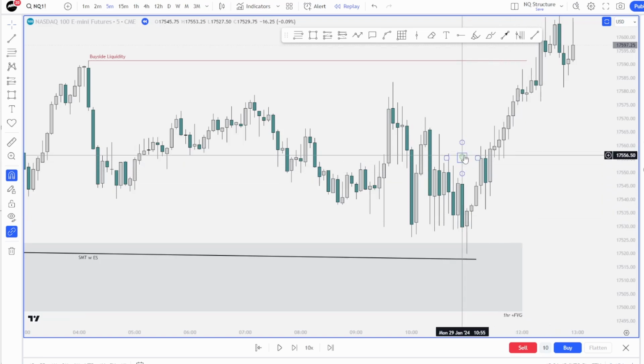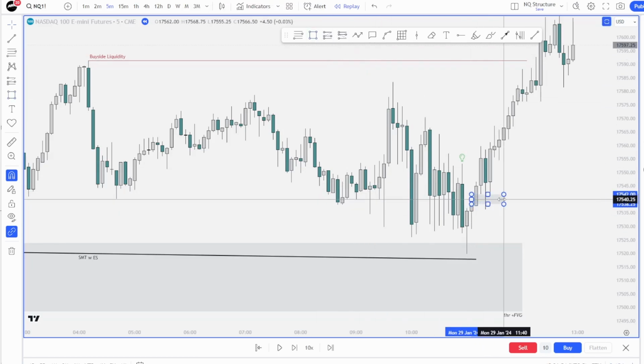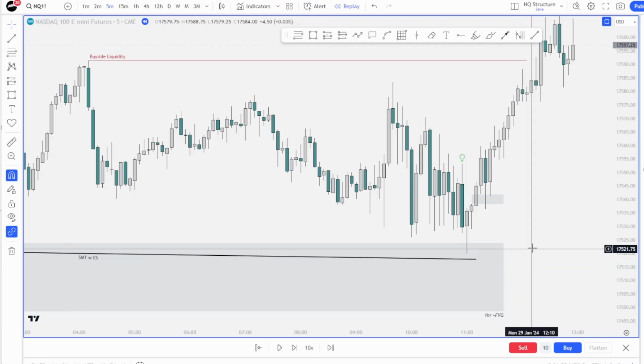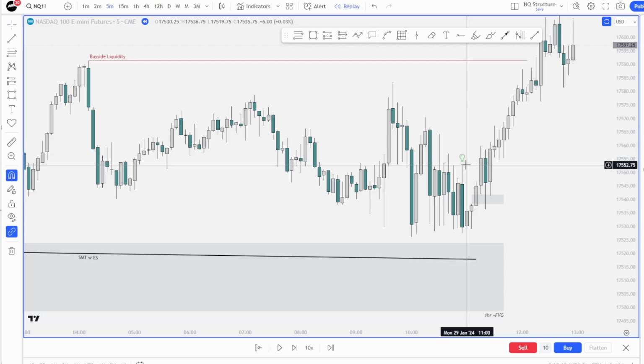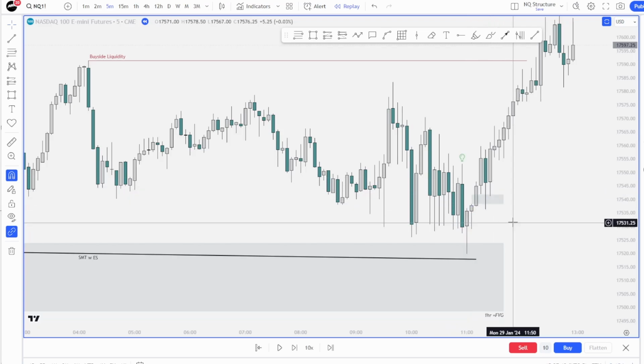So once price retraces after we reach this external range high, it reaches into this 5 minute bullish fair value gap. But like I said, when I'm talking about price being fractal, price takes out this 5 minute external swing high. What does it do after that? It retraces into this 5 minute internal fair value gap. And then this could be utilized as your entry, or if you would prefer to wait